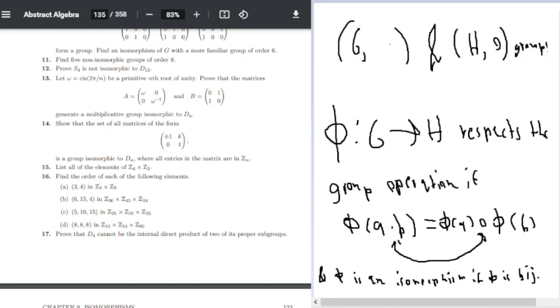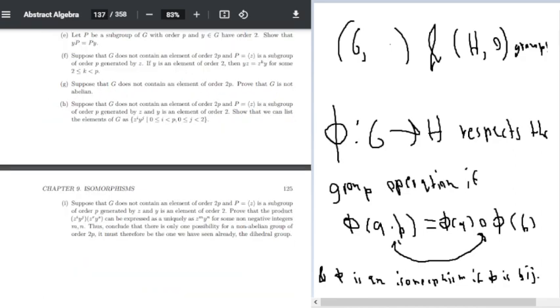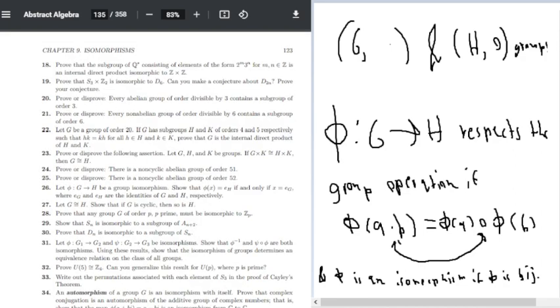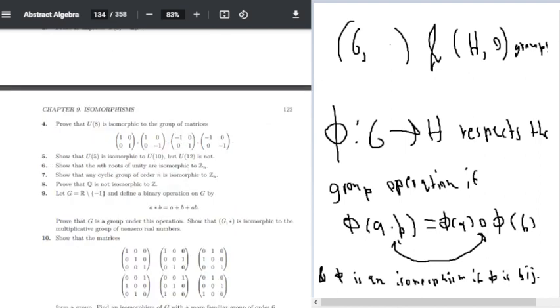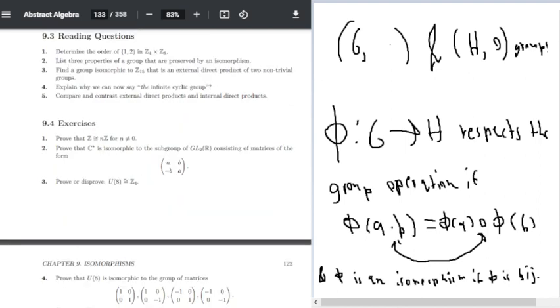Alright, and we have a fair number of exercises here, so I'm just going to make my intermission quick and then we will get started. We will probably have a long night of exercises tonight, so